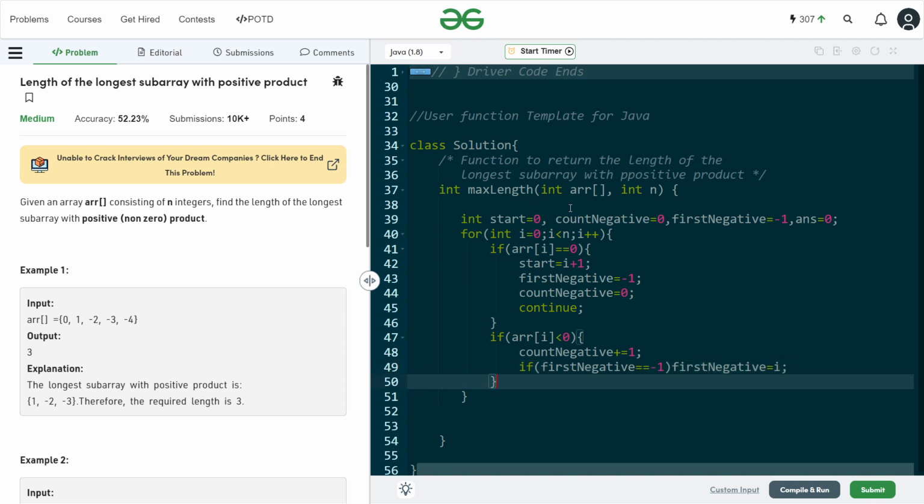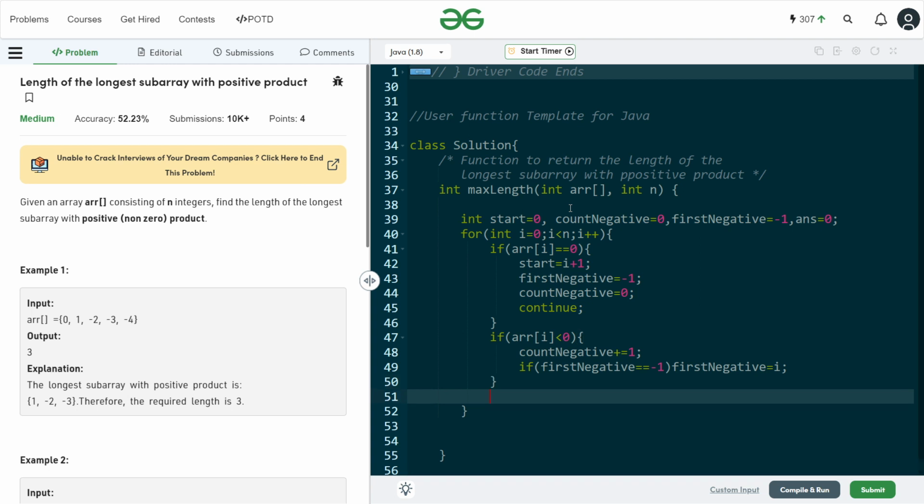That's the logic. Now what we have to do is check if count negative mod 2 double equals 0. It means we have an even number of negative elements, which also means that the end result would be positive. So we just have to update the length. So Math.max